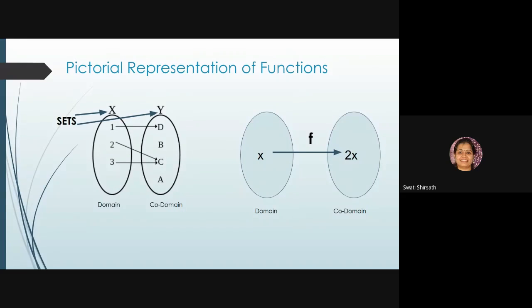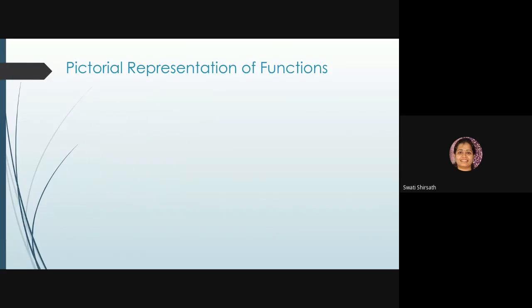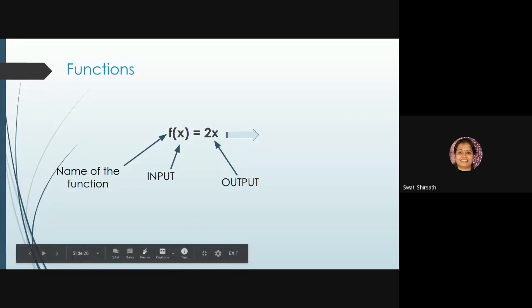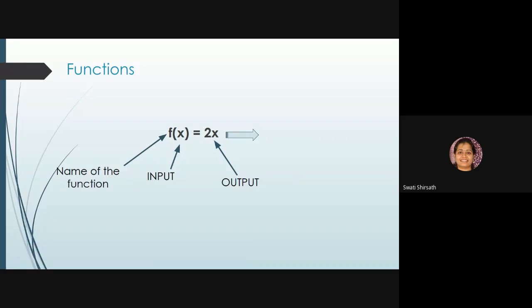Okay, now when we say that a function is there, there is a mapping also, but then in which cases will we say that the given mapping is not a function? Okay, so as you have seen, this f of x is equal to 2x, right? So I am giving some input and for that I am expecting an output. So functions are the ones for which you give some input and you get some output. For one input you get one or more output. Am I right?